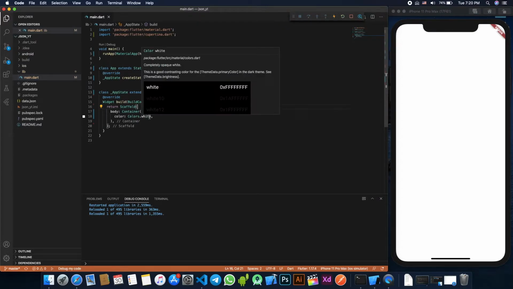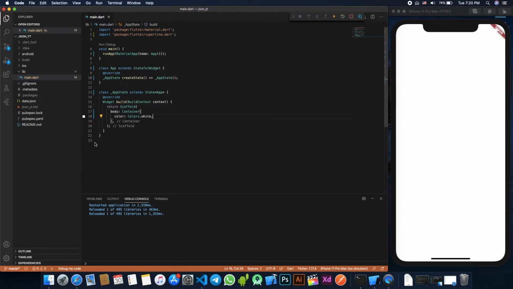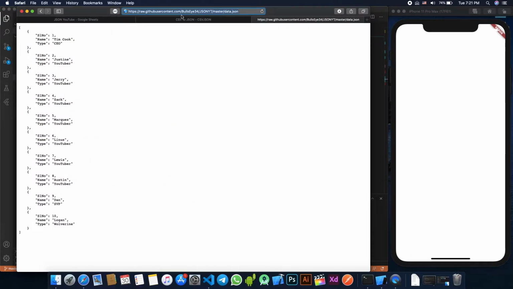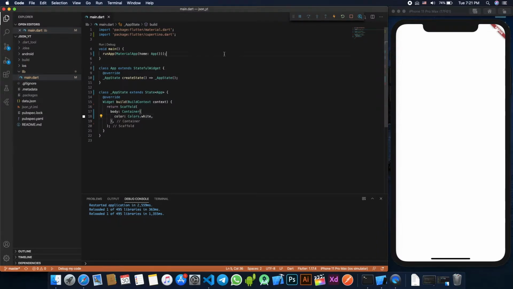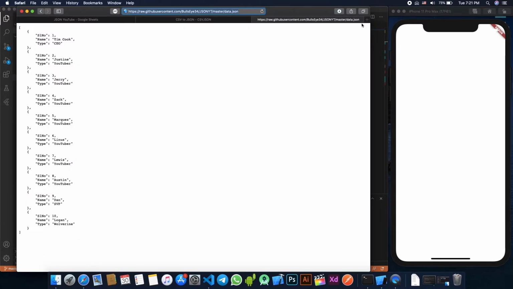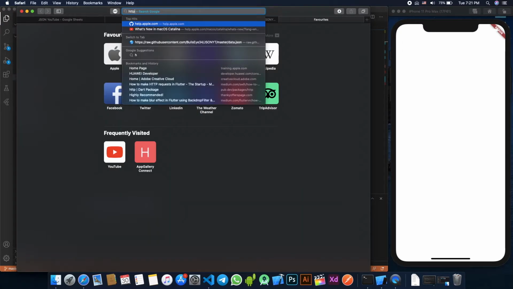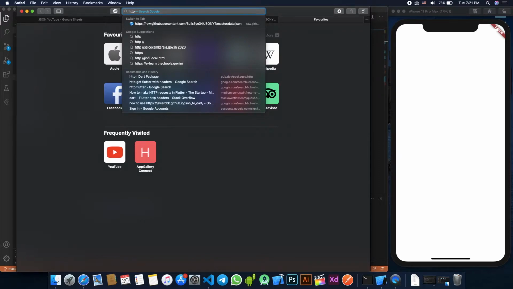That is good. Now we want our URL, which is over here, and then we need to paste it somewhere. So what we are basically doing is we are getting the stuff from the website, the web, right? So we need this package called http.package.